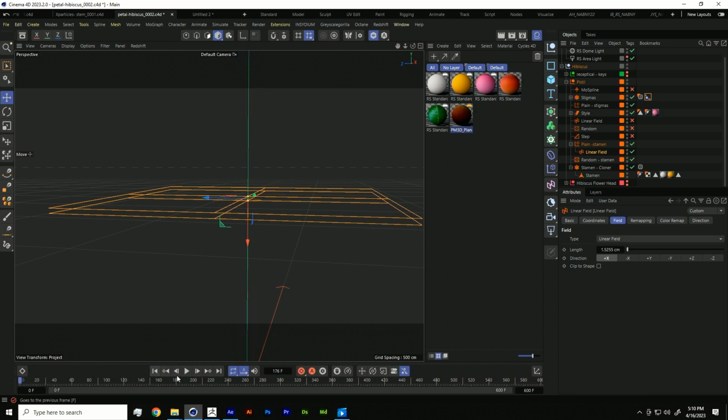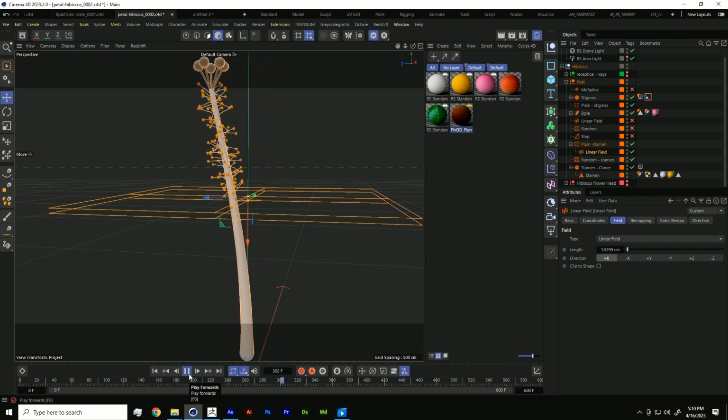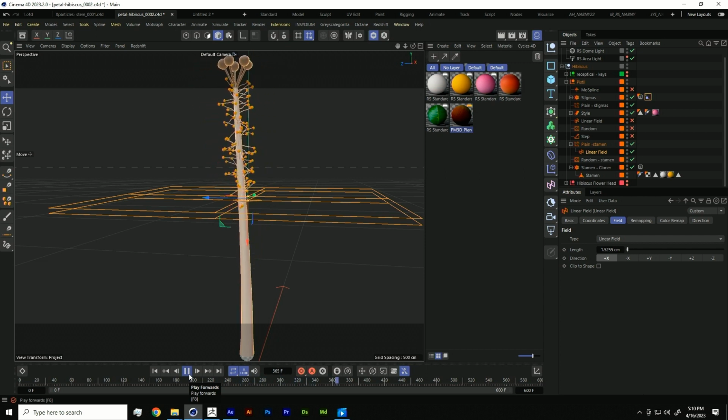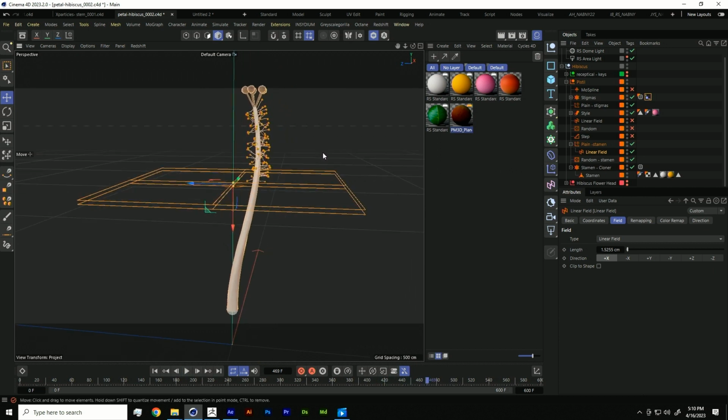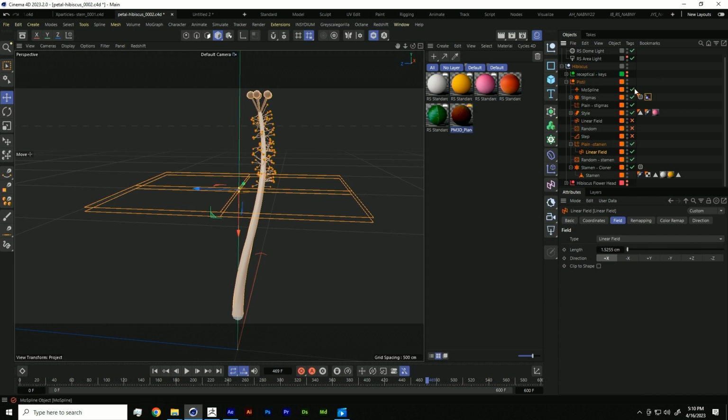And so now what this looks like when I give it a go, it's growing. And now they're all stuck to the object. They're not jittering around all over it. So this is good. This is what I wanted. Okay. So now that that's made,